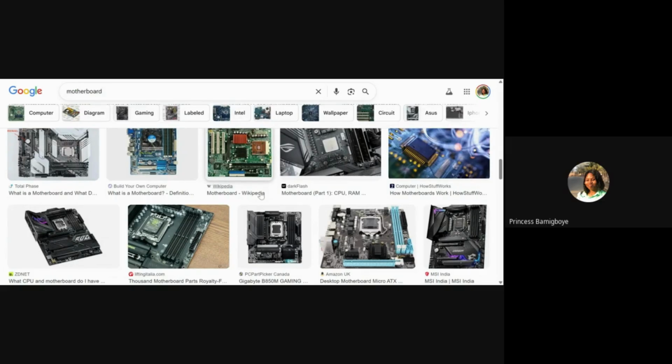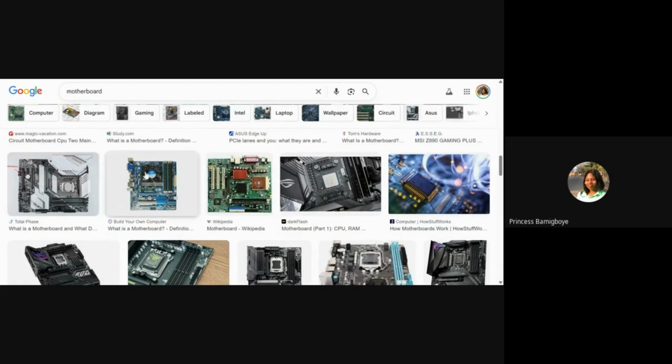It will not be hard for you to differentiate it from the others, because you can see, through the tracks that are coming from it or being connected to it. It may not even be at the center like this one here, but you will just know that this is probably the most important part of this board, and that is the microprocessor.